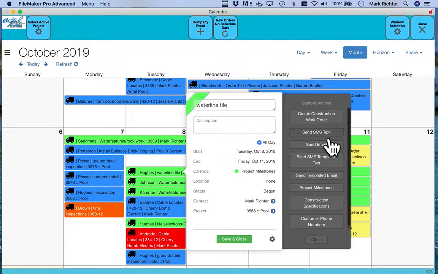I could send the customer out a text. I could send the customer out an email. If I had built an SMS text template or an email template, I could send those out. I could go to the project milestones and schedule the next phase out, view my construction work specifications, or pull up the customer's phone number, all from within the calendar. So I do not need to navigate back to project folders from the calendar